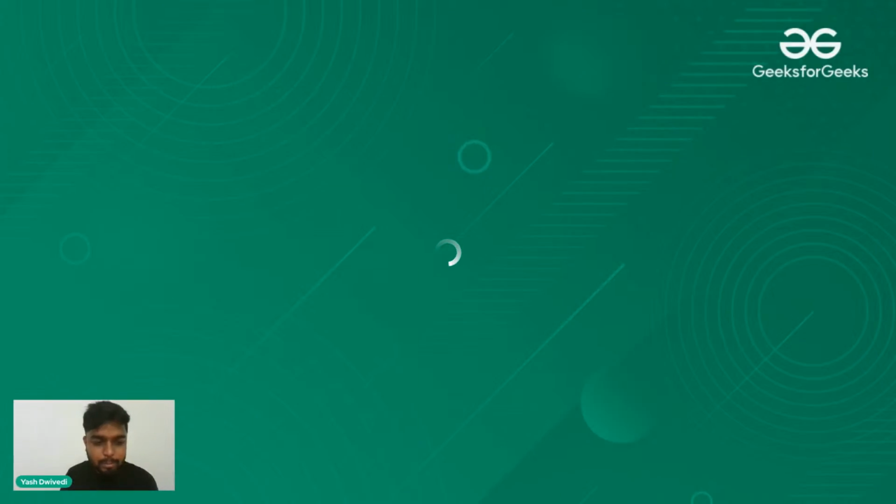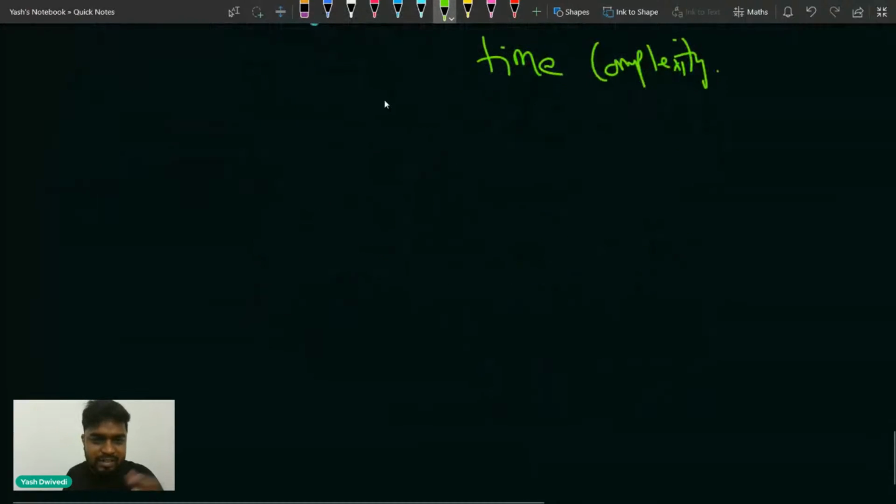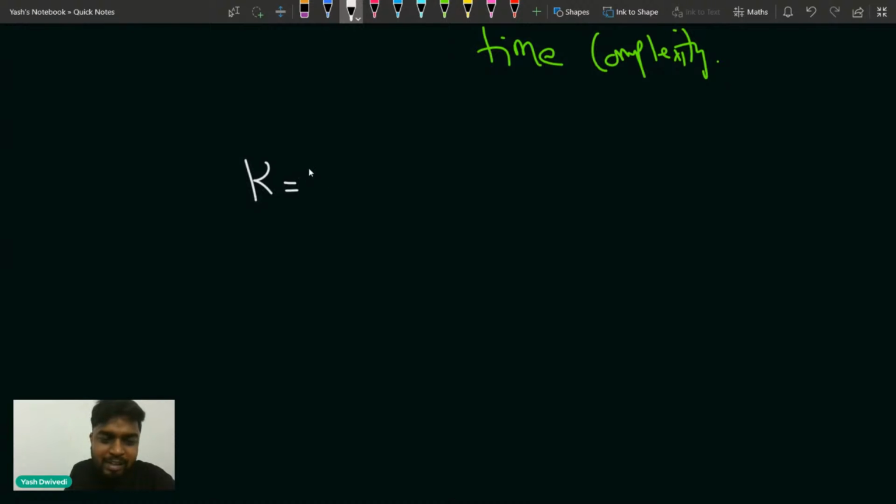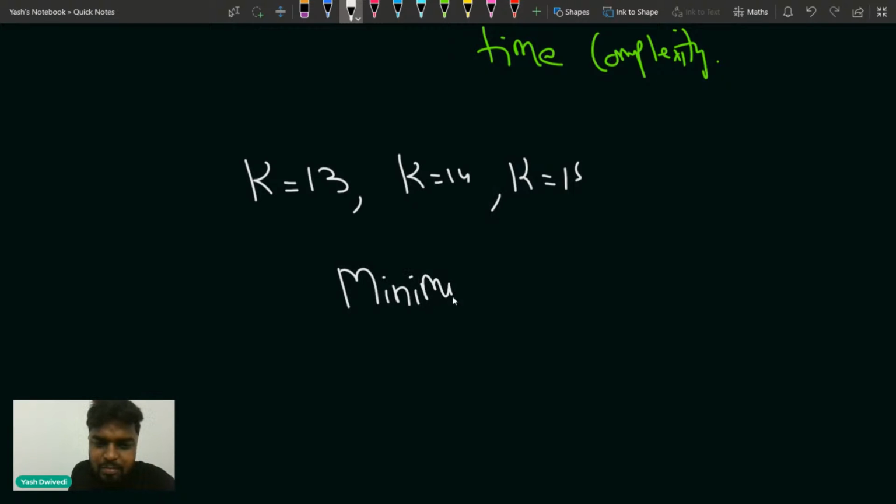Okay, so basically whenever you have to see, there can be many values. Now I'll tell you, if you will see here now, you should not stop after solving this problem, because there can be a lot of k values. For example, k is equal to 13 was satisfying, k is equal to 14 was satisfying, k is equal to 15 was satisfying. So you have to minimize the maximum value of k. That is what you were doing now, right?